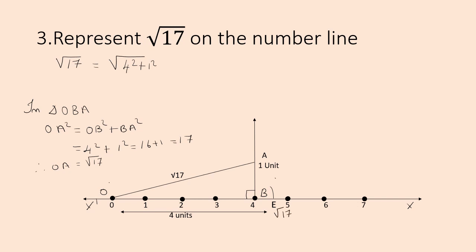Now, if this is a question of 2 marks, you have to first show the splitting of the number and do the construction and mention the right triangle where you are applying the Pythagoras theorem. This much part is enough for a 2 mark question. Suppose if it is asked for 3 marks, whether or not it is mentioned to write the steps of construction, you have to write the steps and do the construction for scoring the full 3 marks.